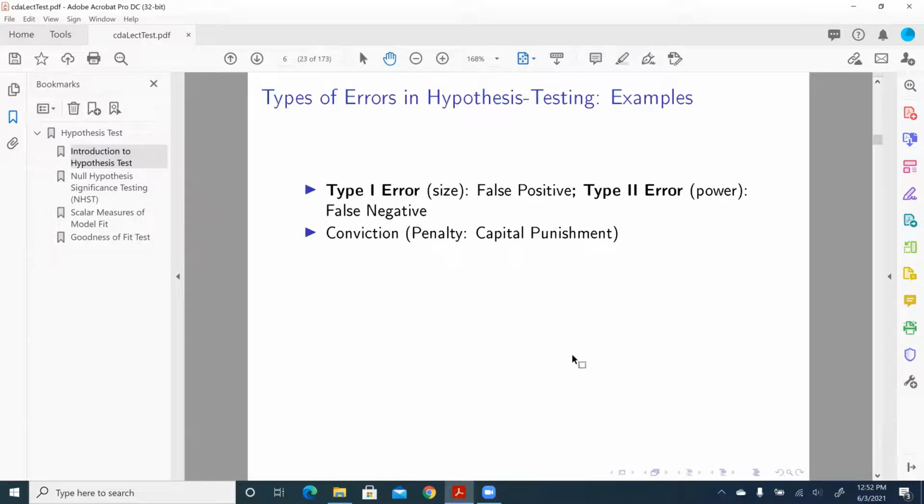So here, I'm going to show you two examples. First is in our penal system or legal system, the conviction of criminals. And the punishment is very severe. Let's say, if a suspect is convicted, then that suspect is going to receive capital punishment. So the hypotheses here,